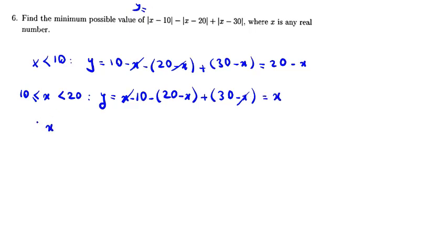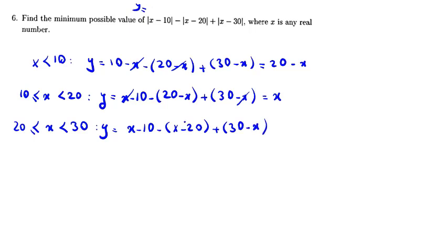If x is greater than or equal to 20 and less than 30, so y equals x minus 10 minus x minus 20 plus 30 minus x. So this x, negative x and x will be cancelled. 30 plus 20, 50 minus 10, 40. 40 minus x. And the last part, if x is greater than or equal to 30, so y equals x minus 10